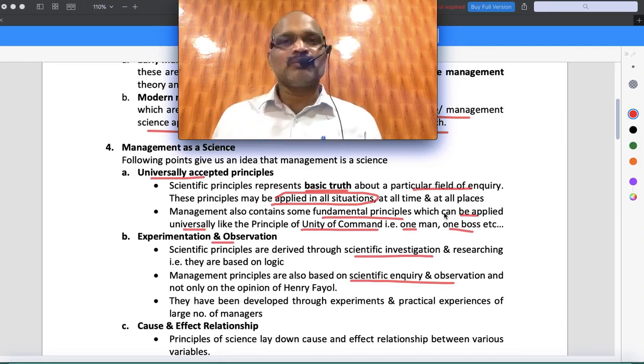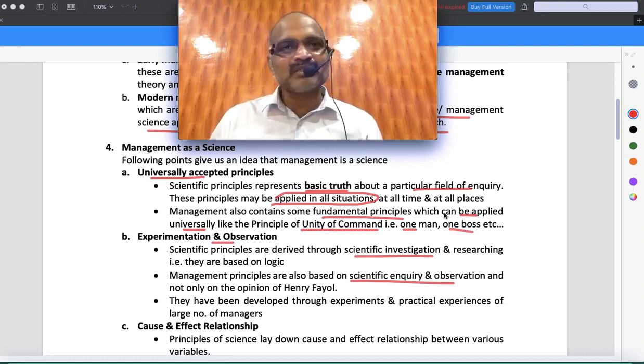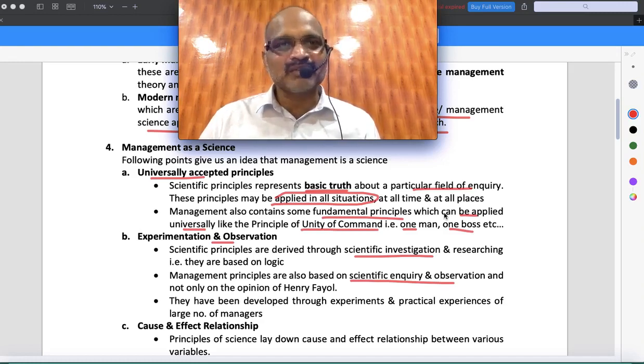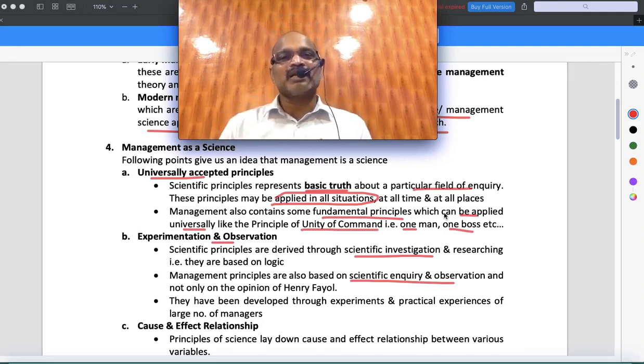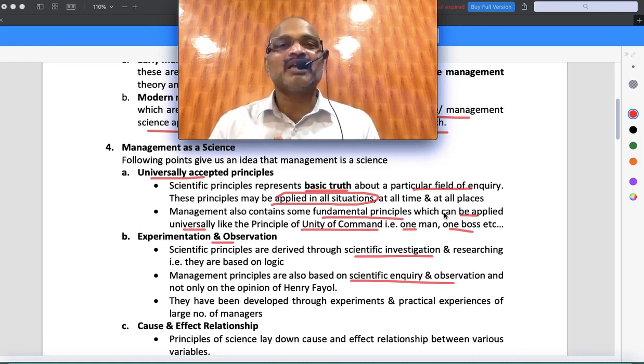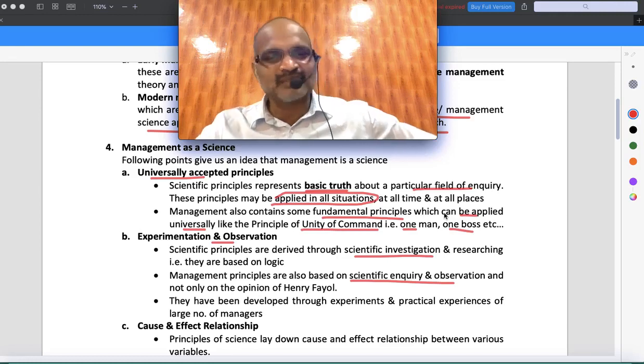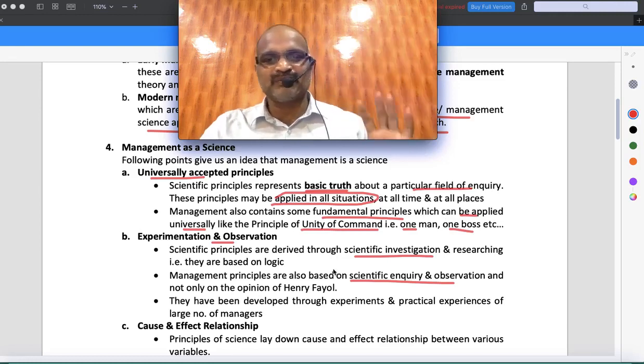Best example I'll tell you. I want to make my people happy. To make my people happy, number one, promotion. Number two, giving more salary. Number three, giving facilities. I can first give some facilities and see whether they are working or not. I can increase salary and see whether they work or not. I can promote them and see whether they work or not. So certain management principles, just like scientific principles, can be experimented, and you can also get some results. Okay, that is one thing. So be very brief.